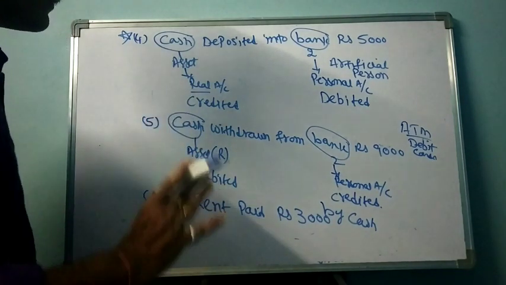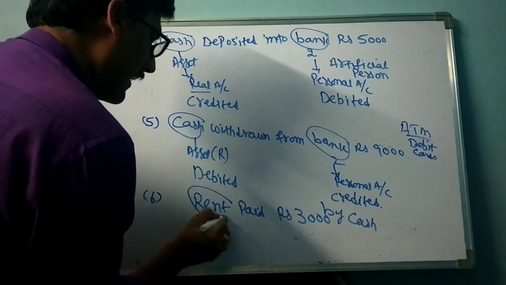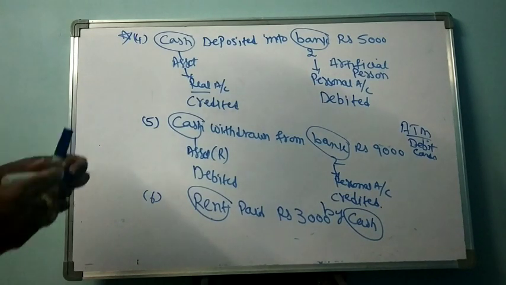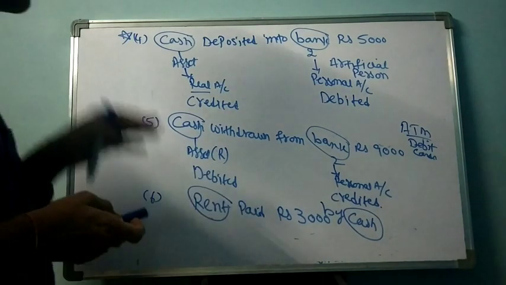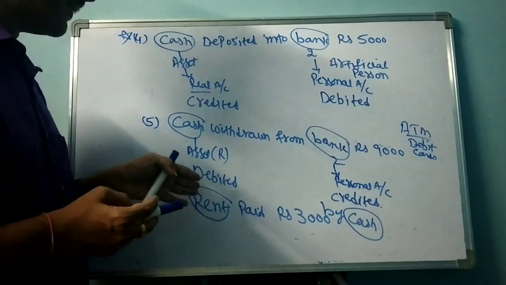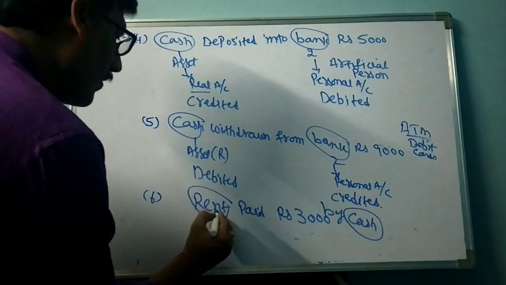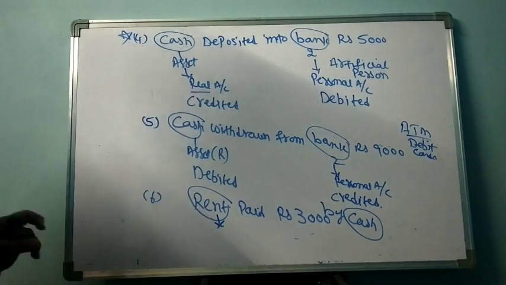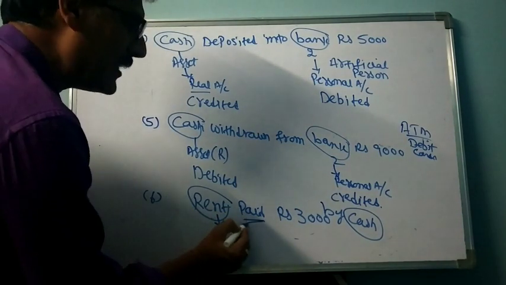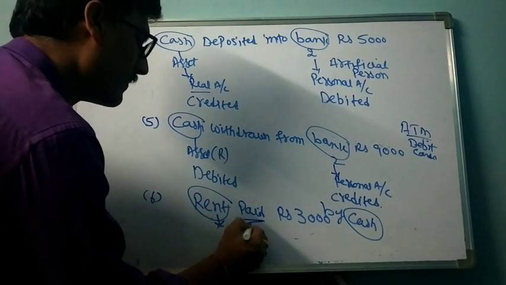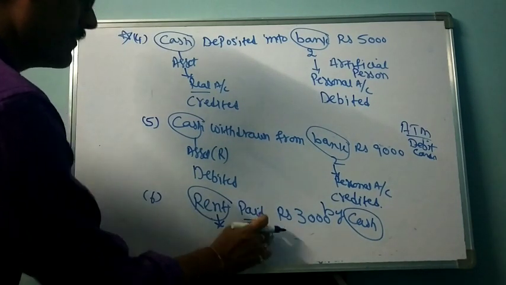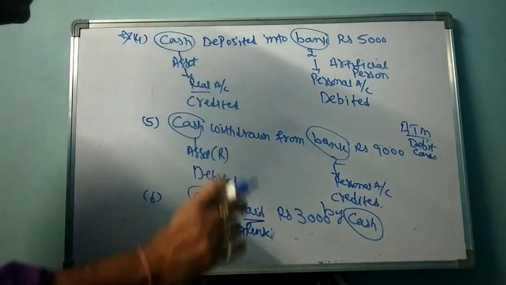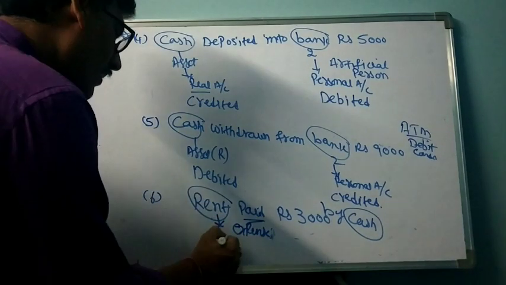Now, first you should identify what the accounts are here. One is rent, one is cash. Even this is a hidden account which will sometimes not be mentioned in the transaction. Then you should assume that rent is paid by cash only. Now, what is the nature of account? First you identify the rent. Rent paid. Paid means what? It is a payment. Paid means payment. It means rent is an expense. Rent is an expense because we are paying rent. Now all expenses, losses, incomes and gains come under nominal account.